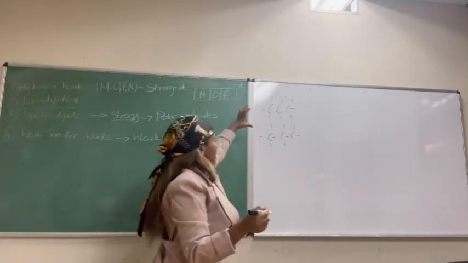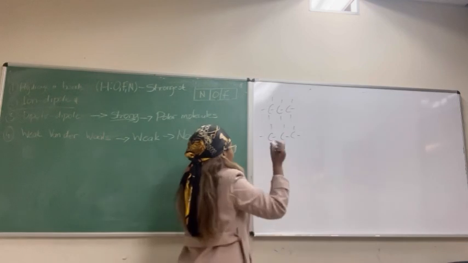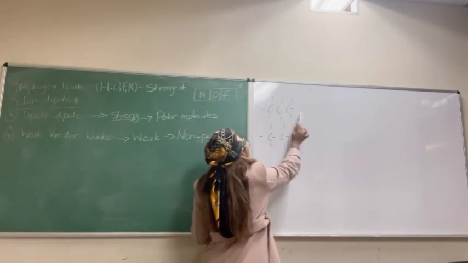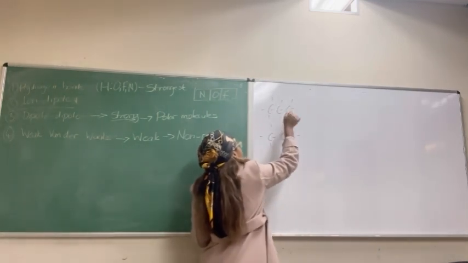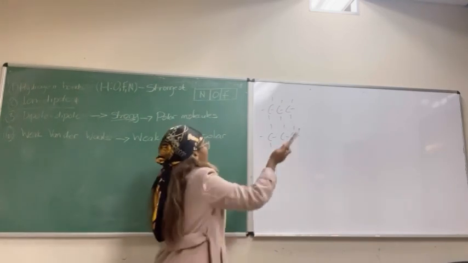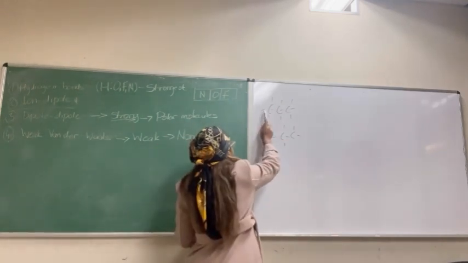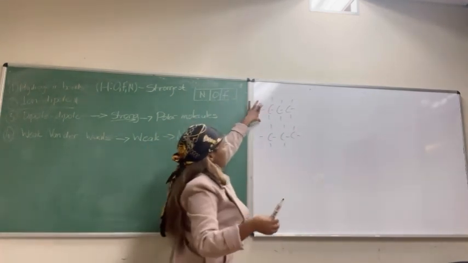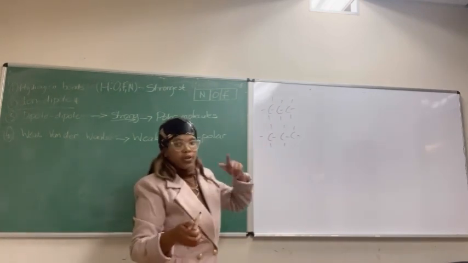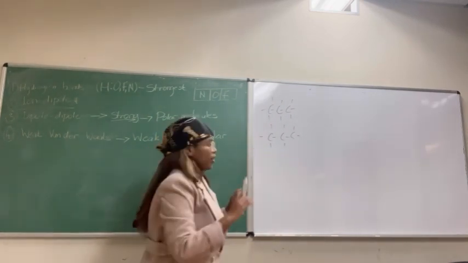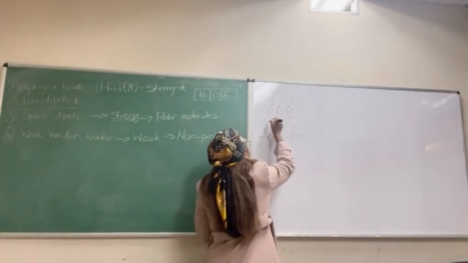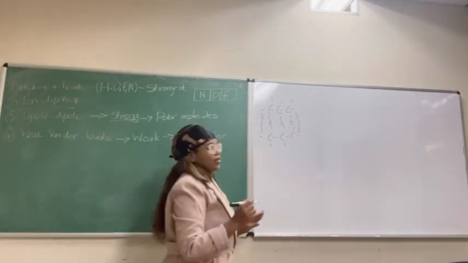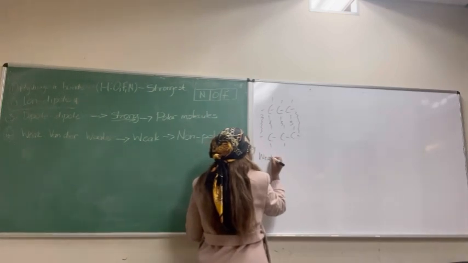Okay, so now these two molecules will be attracted to each other, but since they are both nonpolar, here's how they're nonpolar. These hydrogens will cancel out the polarity. These ones will also cancel out. These ones will also cancel out. These ones will also cancel out, right? Otherwise, there's a difference between the electronegativity of the hydrogen and the carbon, but the hydrogens, since they are symmetrical, will cancel out that electronegativity. So it becomes nonpolar. Okay? So these ones are nonpolar, which means they have intermolecular forces, but these intermolecular forces are weak van der Waals, right? So these ones have weak van der Waals,